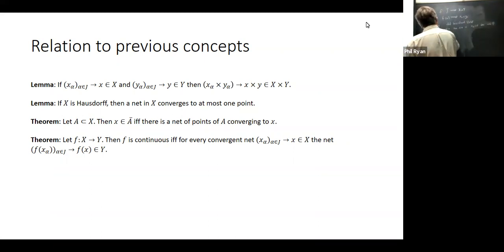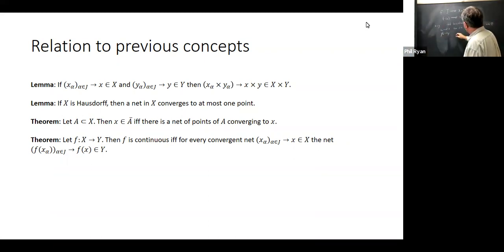And the fact that y alpha goes to y, I should start using different indexes, means there is a gamma such that y delta is in V